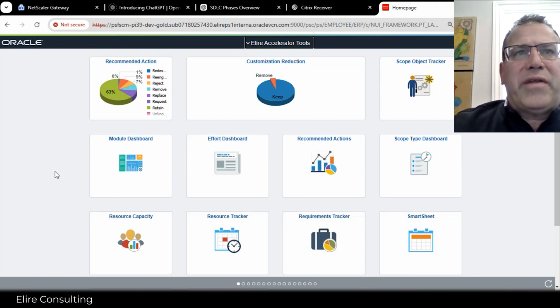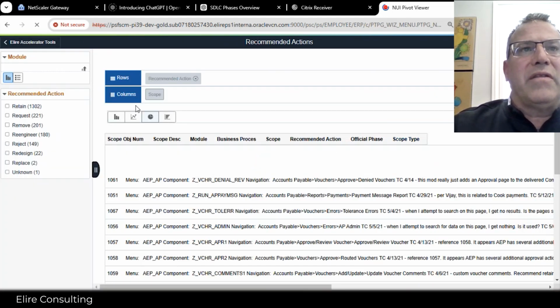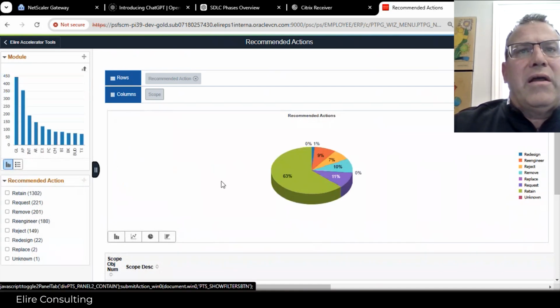The first one is the module dashboard, which is what we would use during requirements analysis. And then the effort dashboard is what we would use during the actual design, build, configuration, and testing sections. Just a quick look at some of the analytics that we do have and the recommended actions, since we just covered the 7 Rs. And again, those are